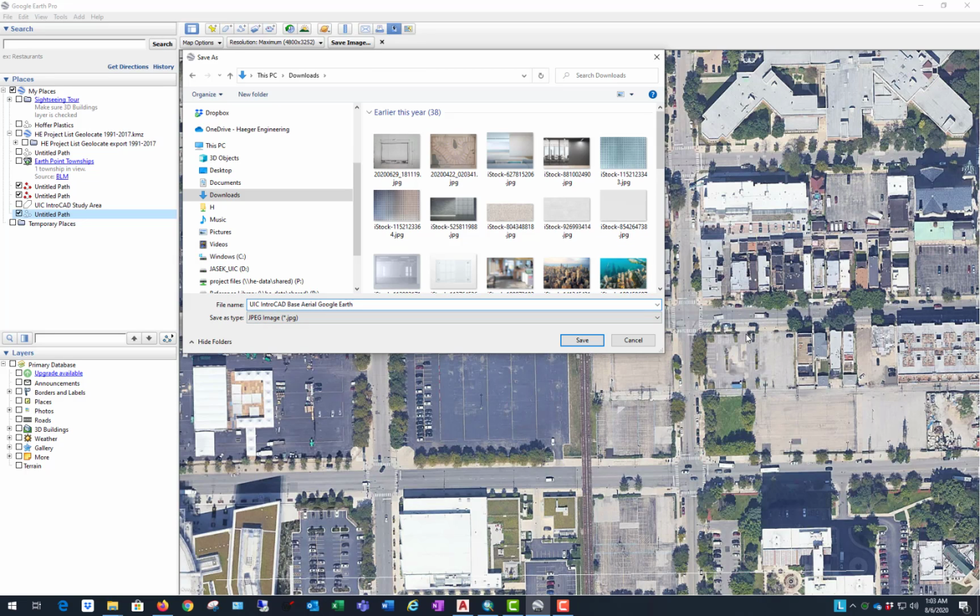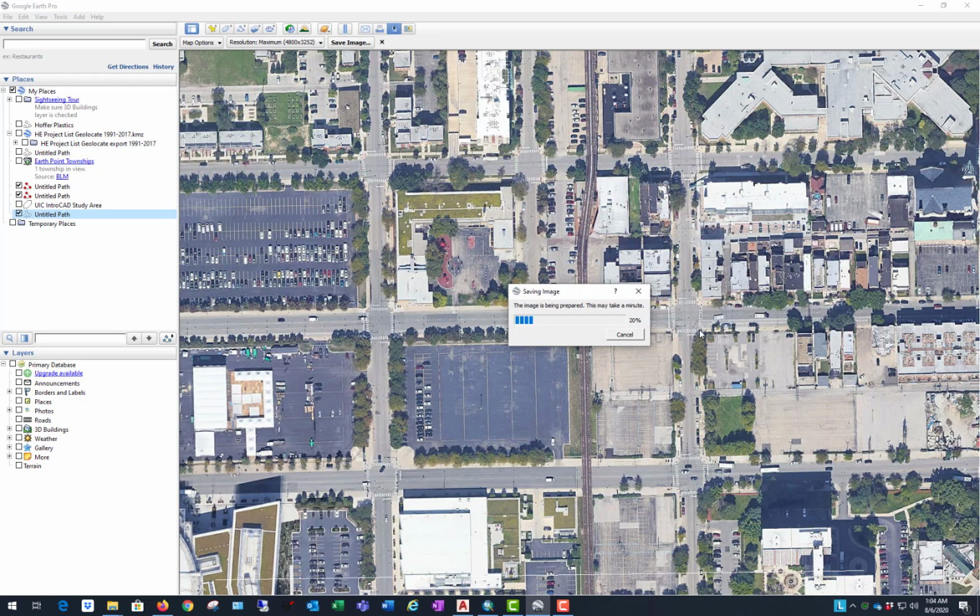The years go by very quickly, and it's nice to know when your photography is out of date and when you can update it. So I'm going to go ahead. I'm saving this to my downloads folder, which obviously I don't recommend. You should have a dedicated folder set up, and I'm going to save this Google Earth image. And I'll show you how quickly we can use that